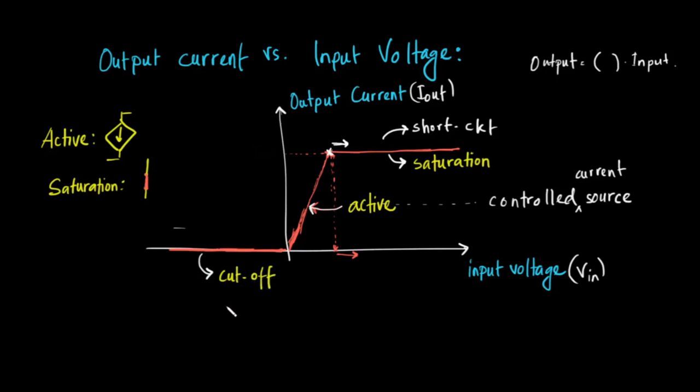Okay, so in this graph we can see that there are 3 distinct modes of operation of a transistor. Okay, if the transistor operates in the active region, then amplification takes place. Okay, and if the transistor operates in the saturation region, then the transistor acts like a short circuit and no amplification takes place. And if you apply a negative input voltage to the input terminals, then the transistor turns off. Okay, no current can flow at the output terminal, so this is called the cutoff.